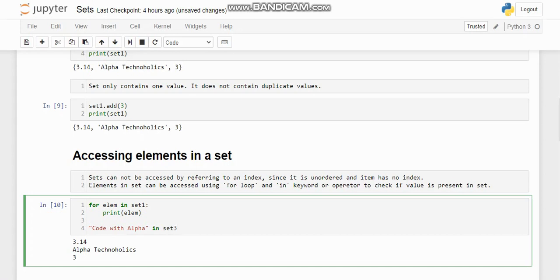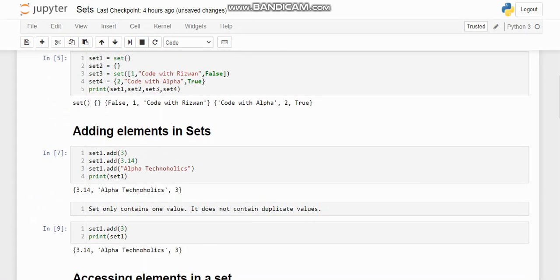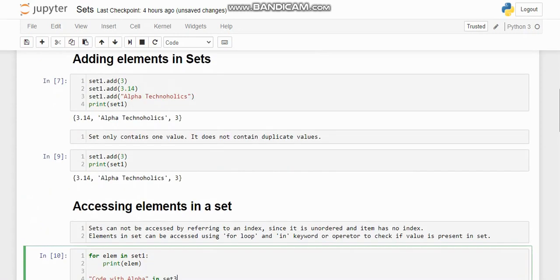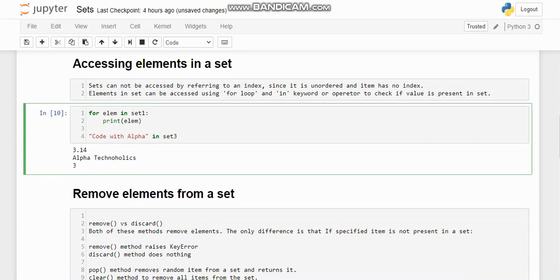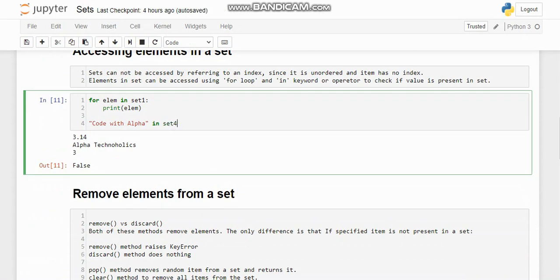If you see, set 3 contains code with Rizwan, but code with alpha is present in set 4. So there's no harm in checking it. I will get false. Yeah, it is showing as false. Okay, and if I check in set 4, it should show as true.